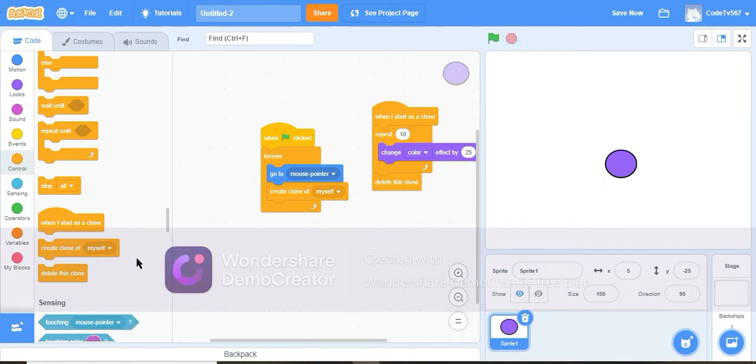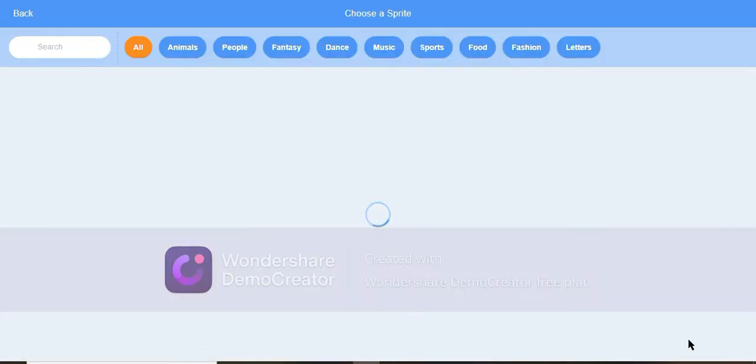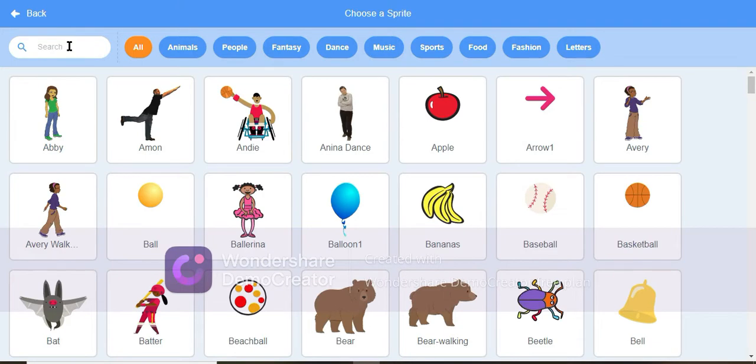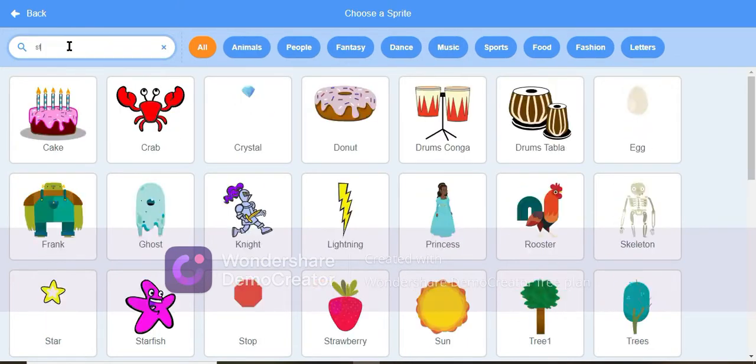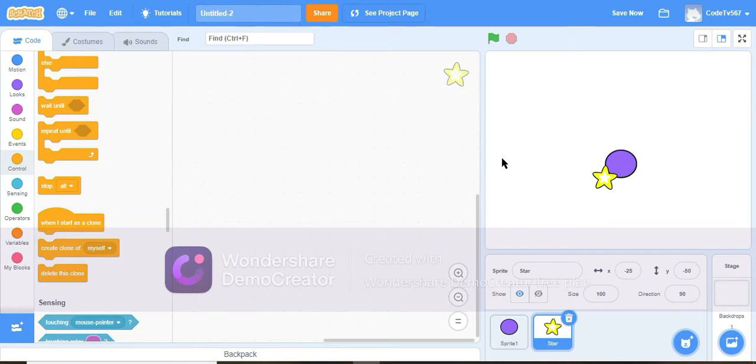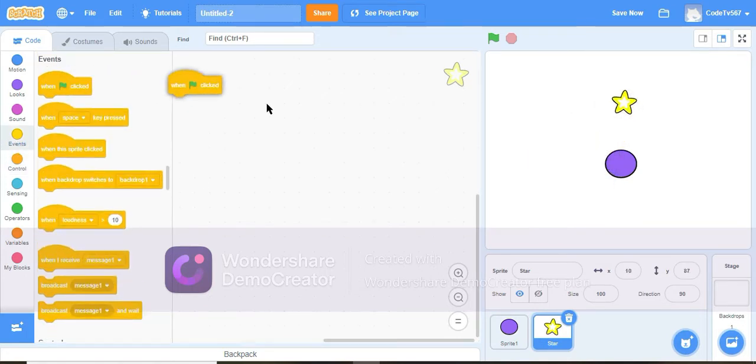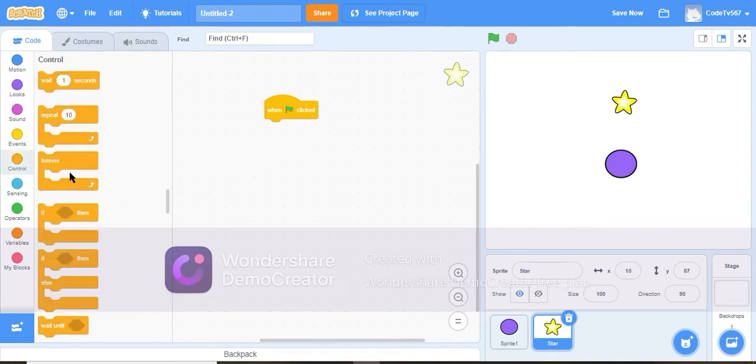Now I will make food for the snake. So pick another sprite, and now we will pick a star. Now what we will do, when green flag clicked, forever,